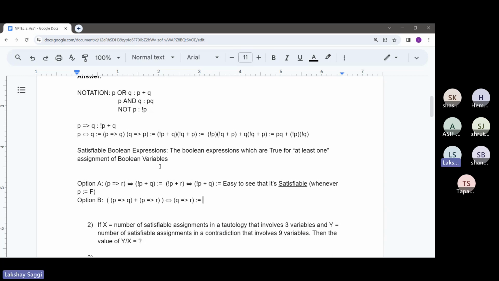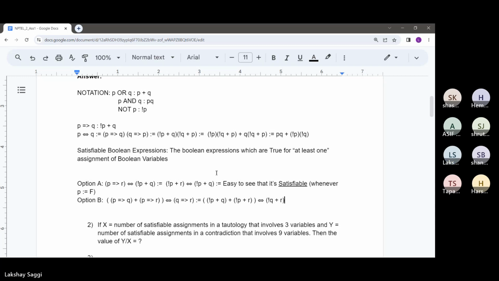Let me just reduce this P implies Q to not P plus Q and see where this goes. I don't know the answer to this problem. I'm just doing it along the way by reducing the problem. So P implies Q will be not P plus Q. And now this is added with P implies R. P implies R can be written as not P plus R. And now it has an if and only if implication. I'll just leave that as it is. And this side is not Q plus R.